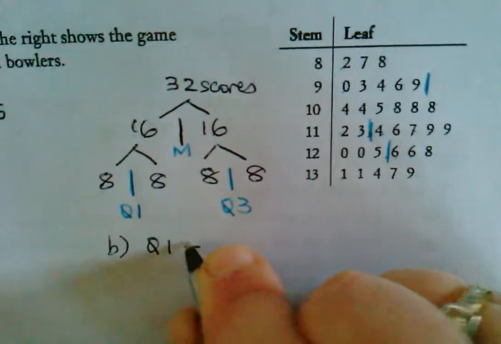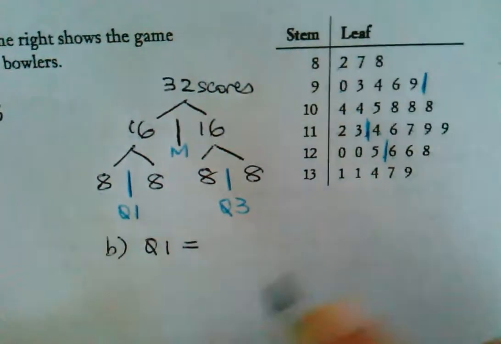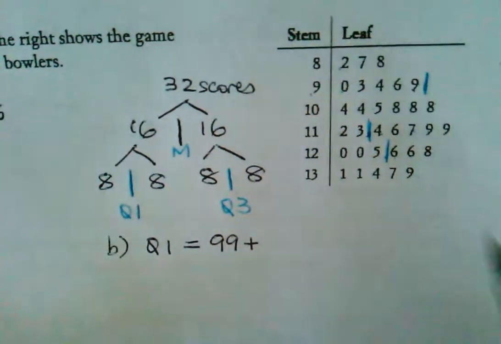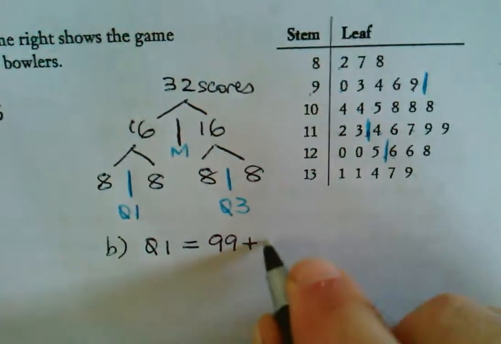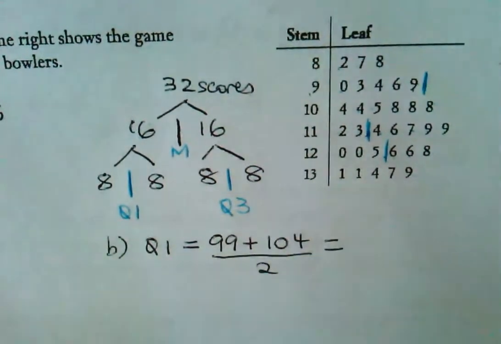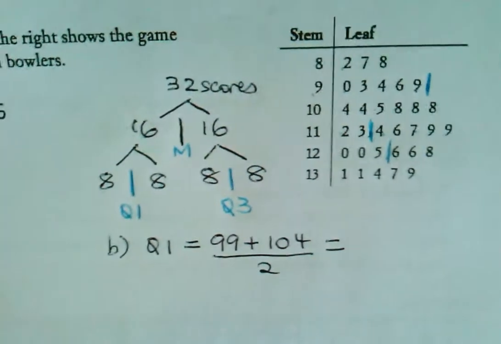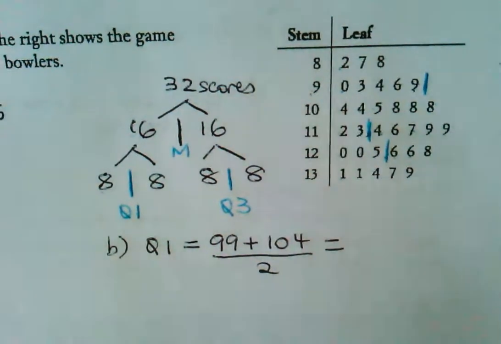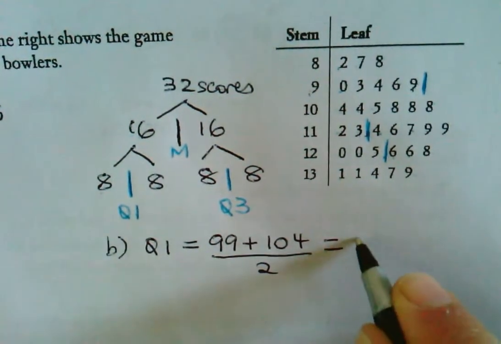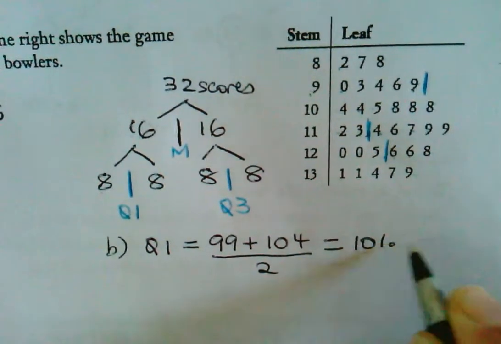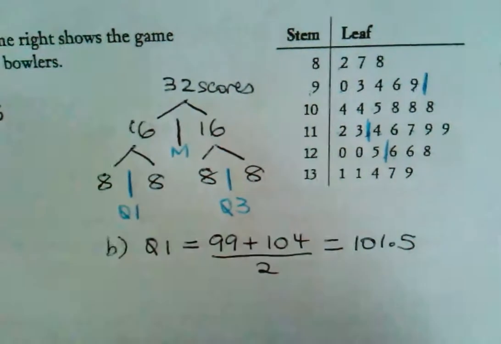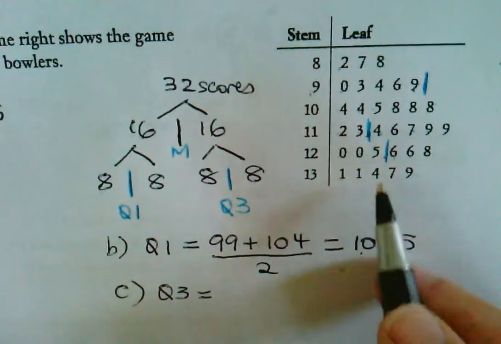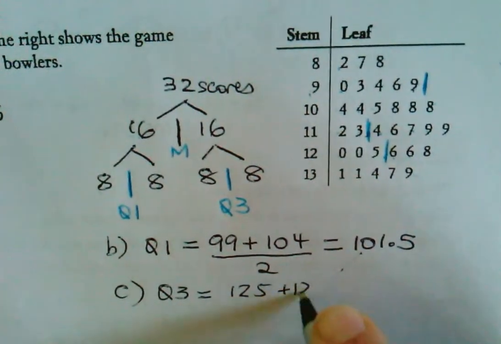B. My Q1 is the average of which two numbers? This one, isn't it? What is it? 99 and the one after that, and 104. You okay with that? Yeah, it just happens that it's at the end of a row, which makes it a bit awkward. So 99, the one before the line, and the one after the line, 104. Well, that's an odd. Is it 101.5? Yeah. And C, the upper quartile Q3, that one's a bit easier, halfway between 125 and 126,